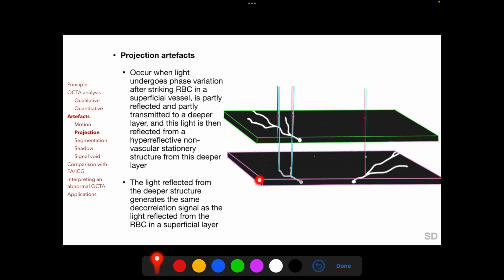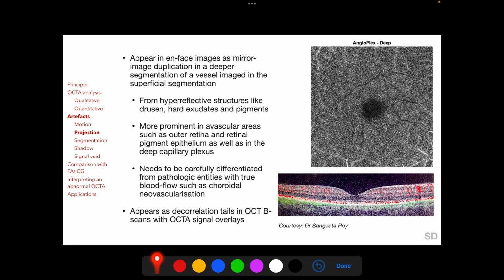So in our original example, in addition to the image of the actual vessel, in the in-phase image generated from the third segmentation block, we also find a mirror image of part of the actual image of a vessel, which is located in the in-phase image generated from the second segmentation block, and this is called the projection artifact. So projection artifacts appear as mirror image duplication in a deeper segmentation level of a vessel actually imaged in a superficial segmentation level. So here in an in-phase image along the deep capillary plexus, we find mirror images of larger